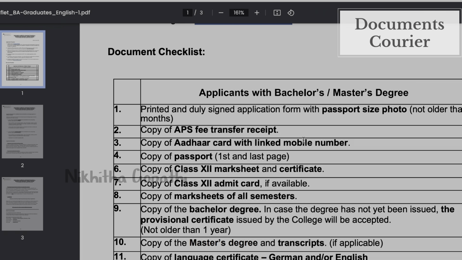The next document is a copy of the bachelor degree. In case the degree has not yet been issued, the provisional certificate issued by the college will be accepted. So many questions might arise here. The people who have completed their bachelor degree might have their final, original degree. Or if they have completed recently, they might have only the provisional certificate. Even if they have completed immediately and did not get the provisional certificate, or if they are in the 7th semester and applying for APS with the 7th semester mark sheets, in that case, I strongly recommend you